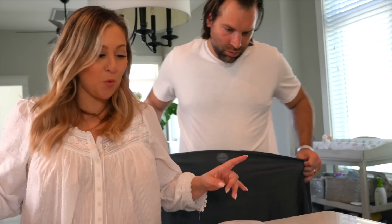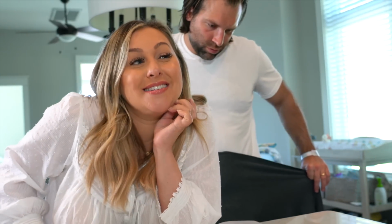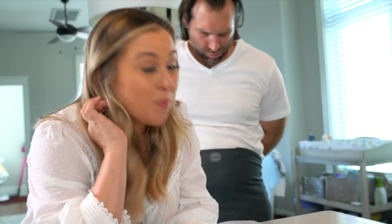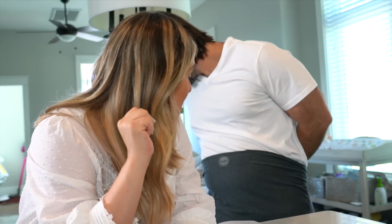So tonight we are cooking our Blue Apron dinner, and I'm going to show you guys some of that, because I think this is a huge pregnancy tip: make sure that you have easy stuff to cook or people bringing you food. I think these food subscription services are perfect for post-baby and transitioning back into real life. So we've got the Moby that we're trying to figure out right now to put on